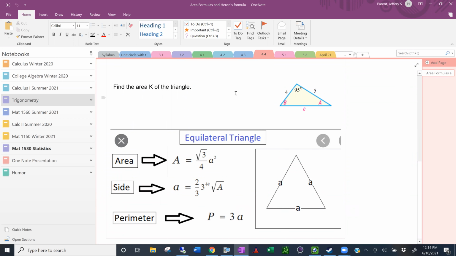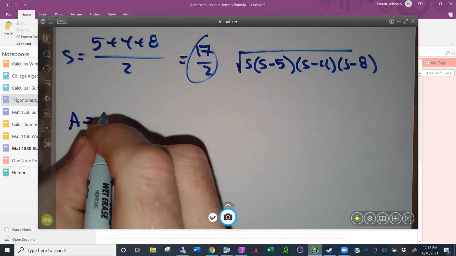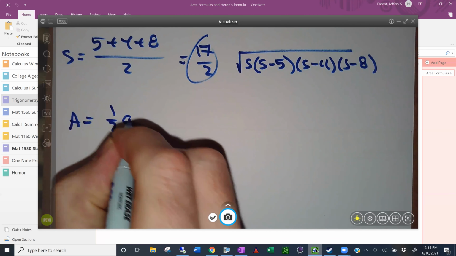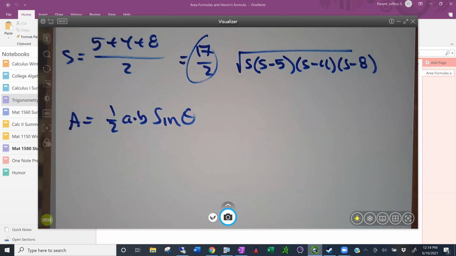The one down below. Now, I'm sure you've seen a formula, area equals 1/2 base times height for the area of a triangle. And that works well when you've got a nice right triangle or something like that where you know the altitude. But if you don't have that, you can still find the area of the triangle. The formula is going to be area is 1/2 A times B times the sine of the angle in between those. So in our case,